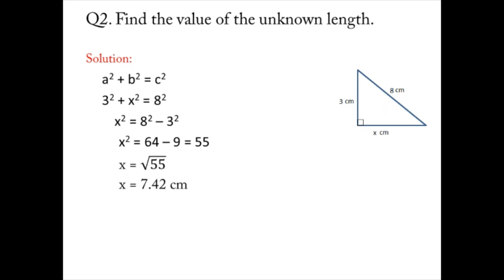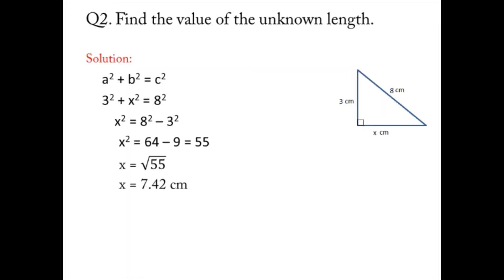And we need to find x square, so keep it on the left side. Take the known value to the right side. So 8 square minus 3 square. Usually some students make mistakes here, like 8 minus 3 is equal to 5 square. It is not correct. Okay, so you have to find them separately.